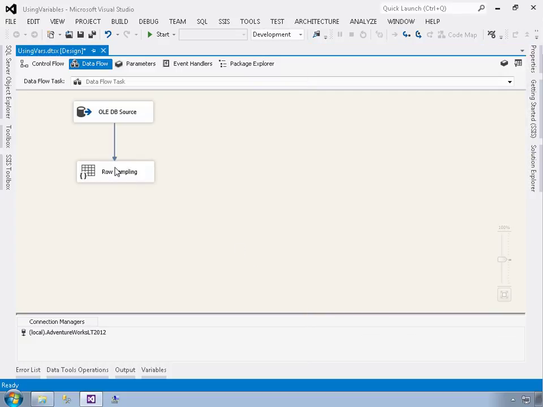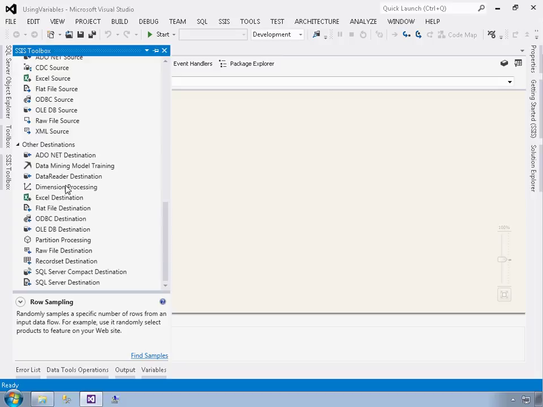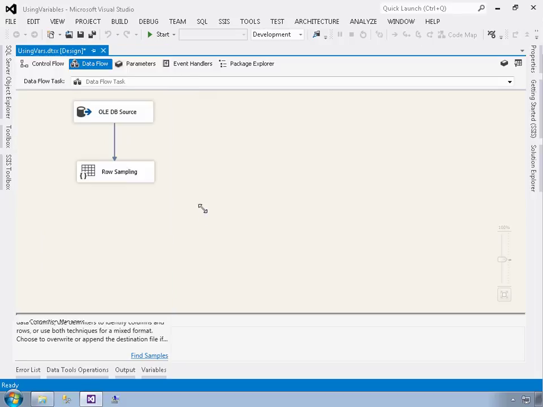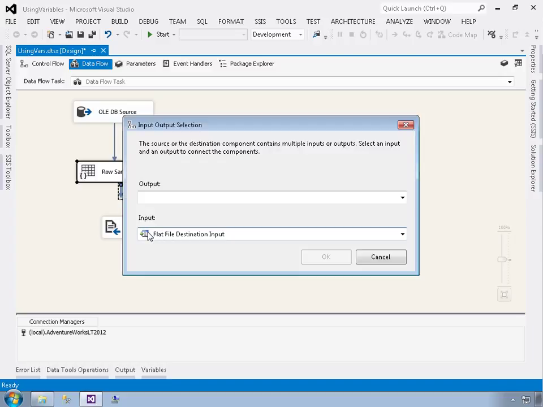At this point, we have the row sampling. It's going to pull out the number of rows based on the sample size that I created. And so now all I need to do is generate a flat file with that sample of the rows. So I'll come over to the toolbox, go down to destinations, and I want to use a flat file destination. I'll connect the data flow there to the flat file destination, and notice that I get this dialog box,